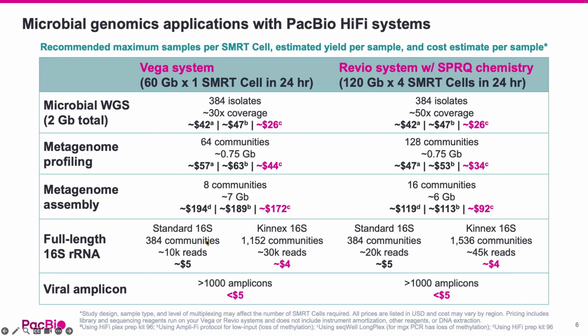And then for our 16S, we have standard 16S, which is just a single monomer of 16S or any amplicon in this case. And then we have Concatenation, which you'll hear about later, which just concatenates multiple of those 16S amplicons together to take full advantage of the HiFi sequencing, the long reads. And so when you have concatenation, it just allows you to do more samples per SMRT Cell and get a higher read depth per sample than you can with the monomer-based approaches.